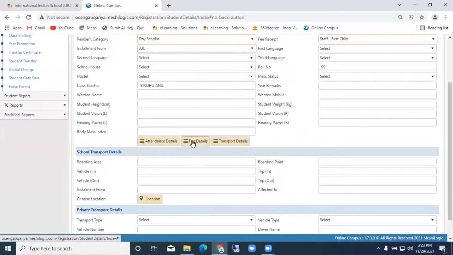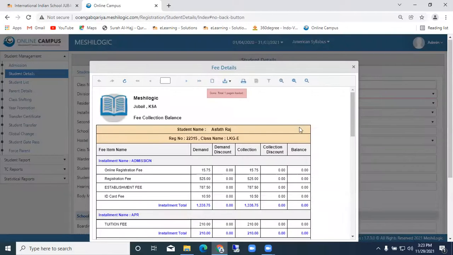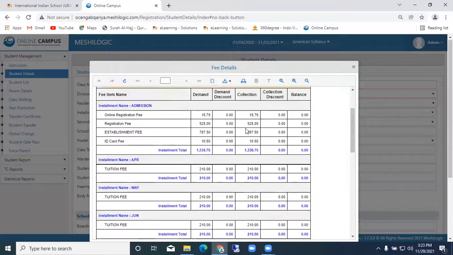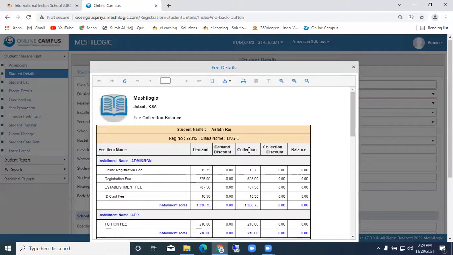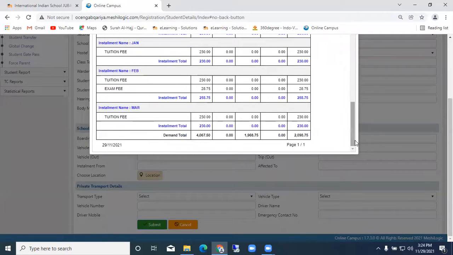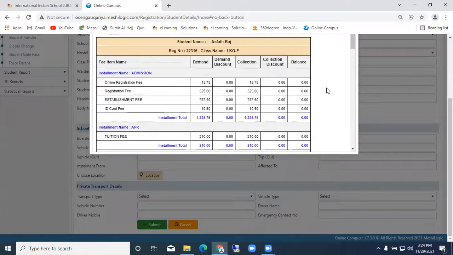And then if you go to the fee detail, it will show you all the details: what is the fee, the establishment fee, all these details, and how much we have demanded and how much we have collected. So this is paid. Everything is paid here, nothing is balanced.